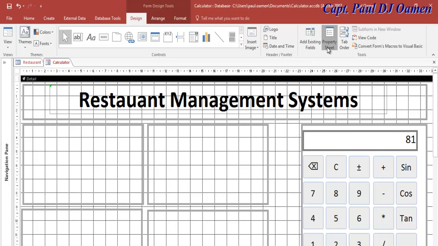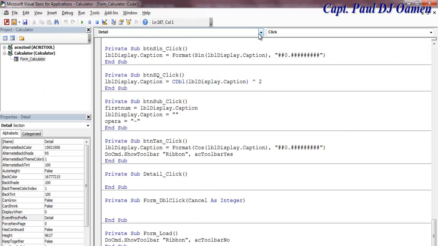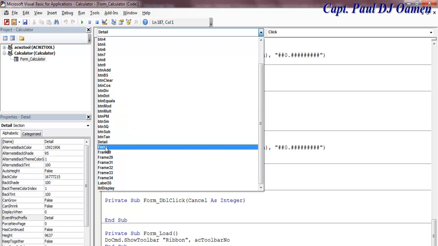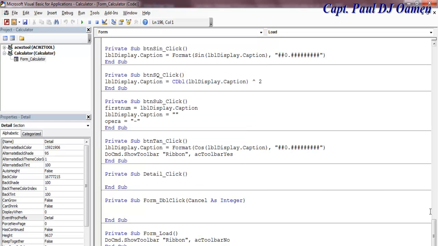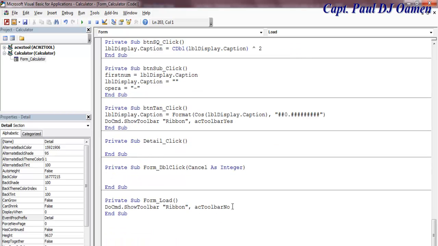To achieve that, all you need to do is select your form. Okay, go straight to the property, let's come straight to event and just click on that. Right in here, select the form. You should be able to see the form there, and right underneath here I have the lines of codes. There's the lines of code that get rid of the ribbon. Okay, I intend to leave that code there, or maybe I'm going to cut that lines of code off, and